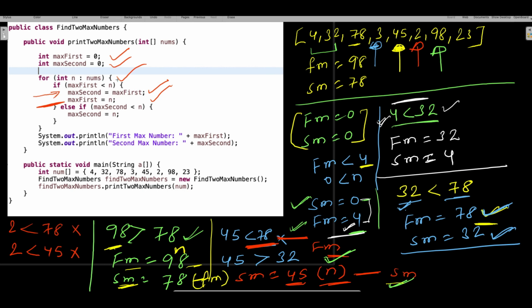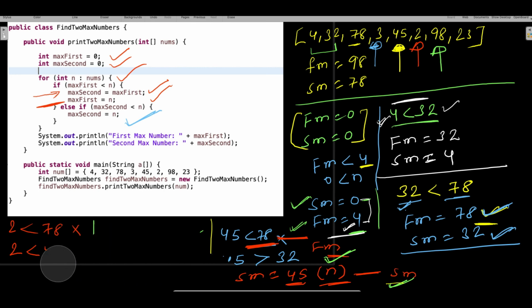Then the else conditions, which I already told you guys. If you try to remember, these conditions came in only one case, where the number was 45.